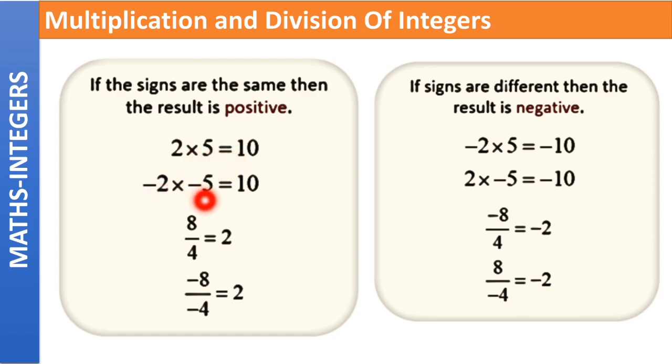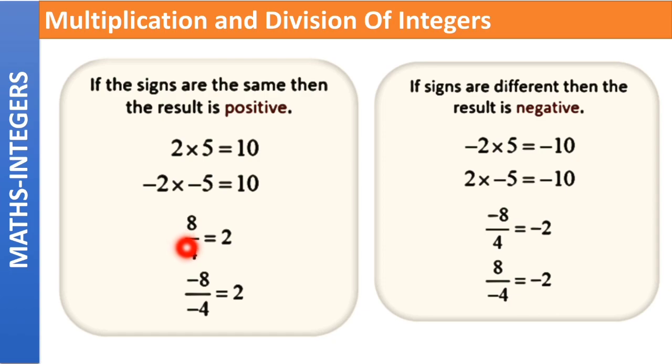Next one is minus 2 into minus 5. Again, both the numbers have what? Both the numbers have negative sign, so the result will be positive. These are same signs here, so the result is positive. Coming to the absolute values, 2 into 5 is equal to 10. In integers, first we solve the sign and then we solve their absolute values, because you might get confused if you solve both of them at once. But as you keep practicing, solving these type of questions will be easier for you.